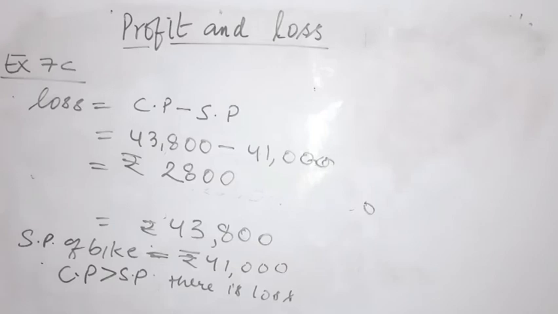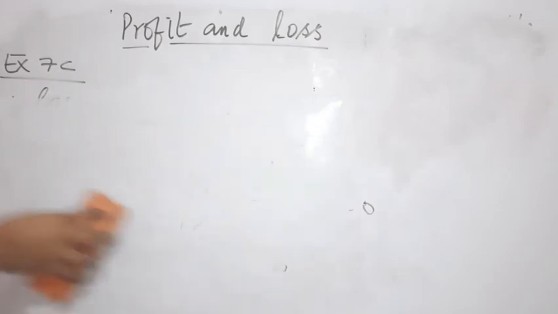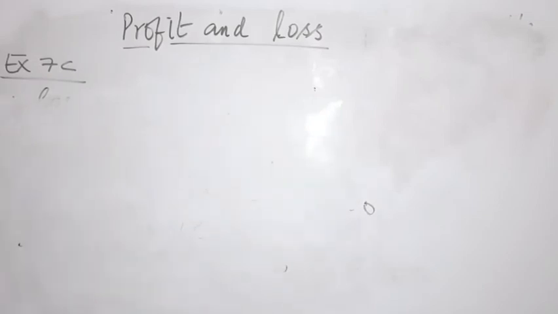Now let's move on to the next question of this exercise, which is the last question, that is E option. Rohit bought goods worth rupees 1,300. He sold them to make a profit of rupees 250. What was the selling price? Okay, students, he has made a profit of rupees 250 and he has purchased the goods at rupees 1,300. What was the selling price?